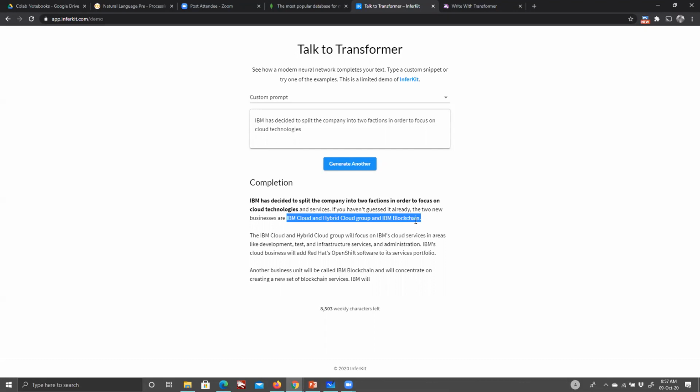Because we understand you cannot put all of IBM's work in just cloud. They still work in so many other domains. So there must be an original IBM or some other name for that. We understand that's not how a company works. All of its previous work is not going to vanish into thin air, be put into cloud, and maybe IBM Cloud would be the name of the next company.